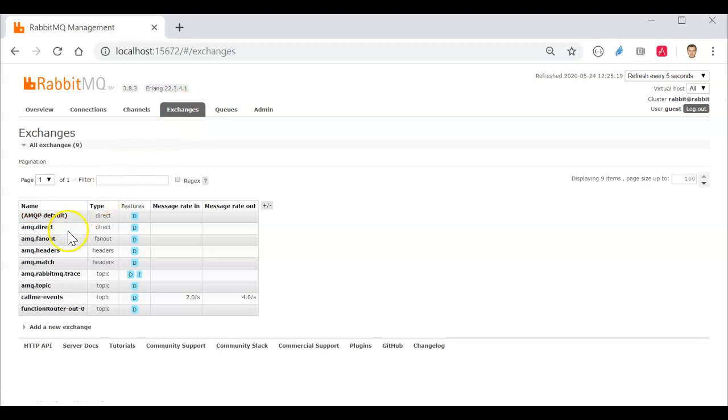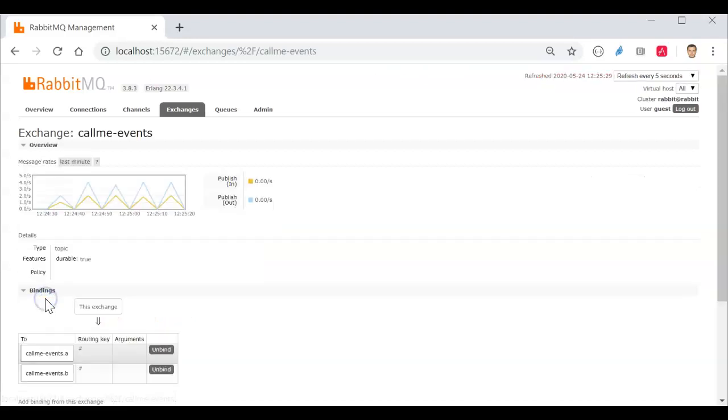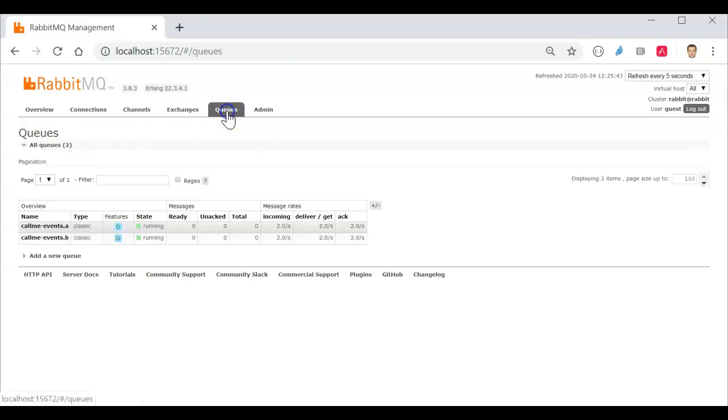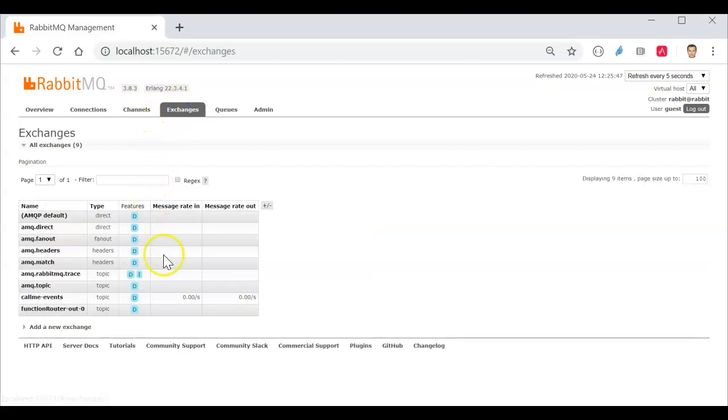We can switch to the RabbitMQ management console. You see that there is still a function router out, but it is not used in our case, and the function router in zero binding has been mapped to call me events. You see that there are two consumers of that group, call me events A and call me events B, which have been logically related in group A and group B, and there are two queues that are